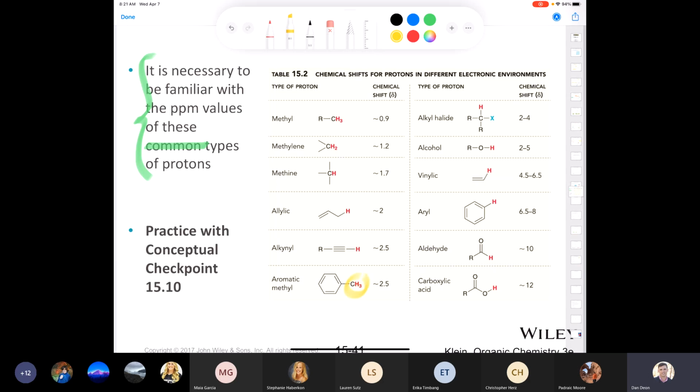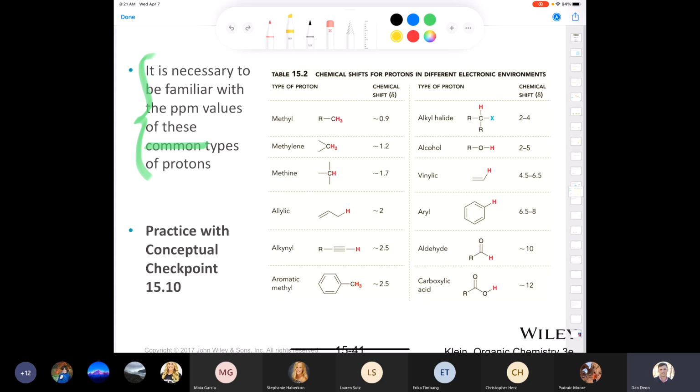So instead of a methyl, which has a baseline of 0.9, an aromatic methyl has a higher chemical shift, around 2.5. We saw that again on the previous slide. What am I missing here? I think the only ones I left out are the aldehyde and the carboxylic acid. These are the kings of the castle, right? They have the highest chemical shift, so usually they're the easiest ones, or I would say easier for students to